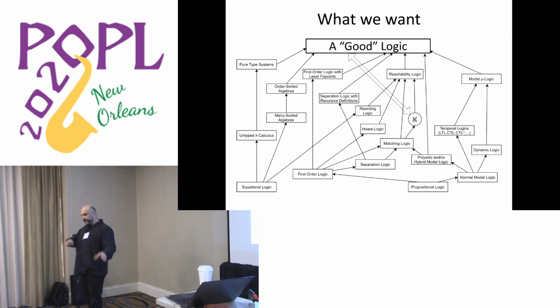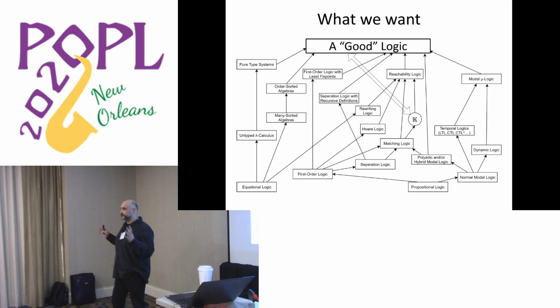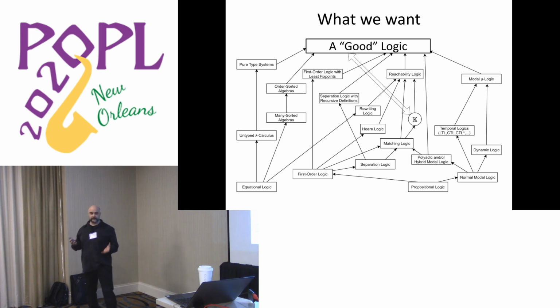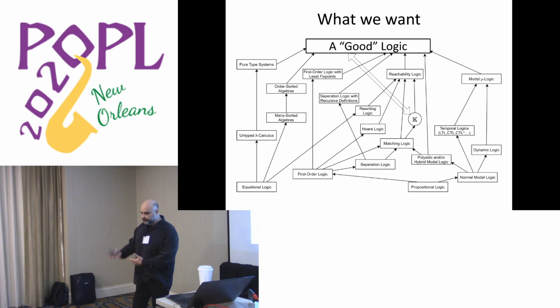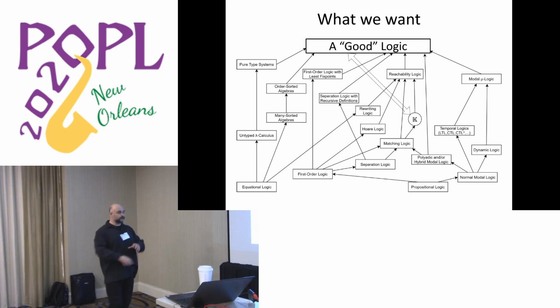And if you now shift focus a bit from programming languages to logics, we use various logics in the community to specify properties about programs, like first-order logics, Hoare logics, separation logics. Then we have temporal logics, like modal mu logics, CTL, LTL, LTL star. We also have equational logics, various types of many-sorted algebras, also dependent types, type systems. So there are definitely various approaches that we use to write properties. So if we want to come up with a logic that allows us to reason about any programs in any programming languages, we should also look at the foundational aspects of it. We should look at the logics and try to come up with a logic in which we can somehow